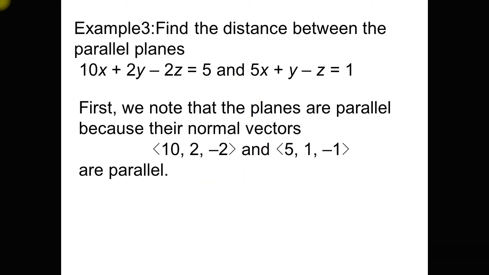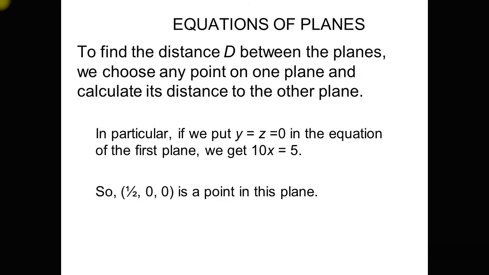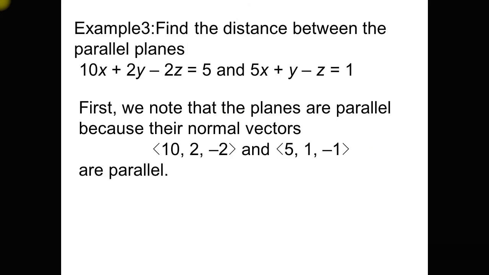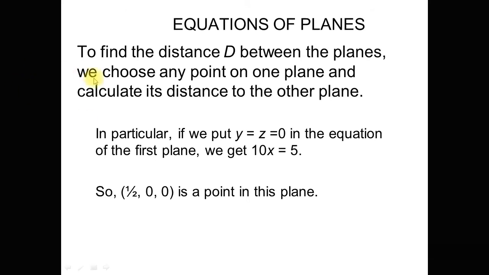I have already told you that when the outside point for the plane is not given, then first of all choose any one point on any one plane. You see over here, to find the distance d between the planes, we choose any point on one plane and then calculate its distance to the other plane. In particular,